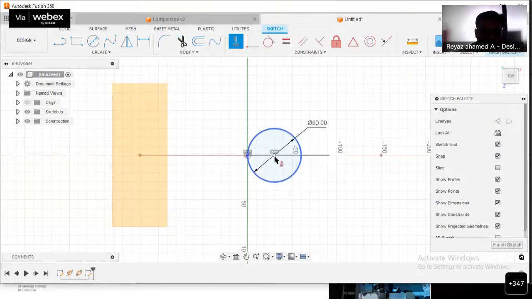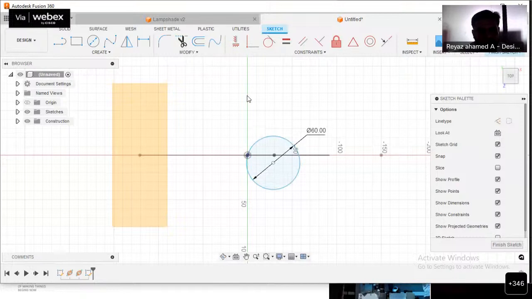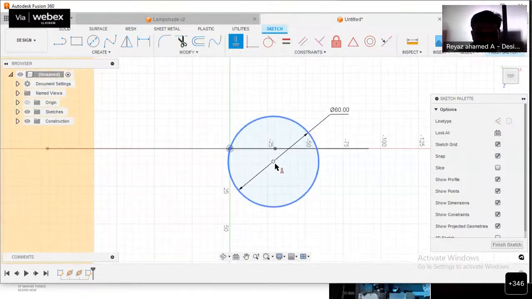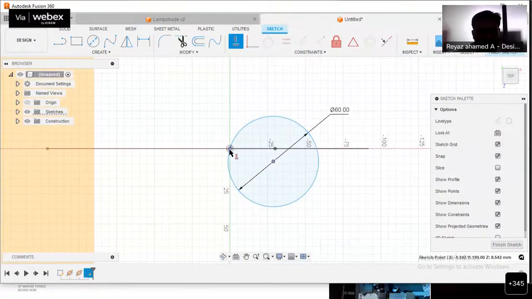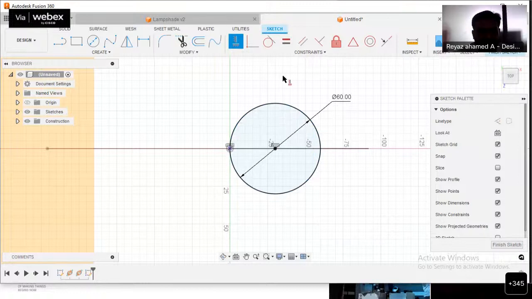Just click on this center point. Click carefully on this horizontal or vertical constraint. Let me click on this center point and then this end point. Now it is upright. The object also turns black. Initially it was blue. If it is blue, it is not fully constrained, it is partially constrained. If it turns black, it is fully constrained. So one profile we had completed.